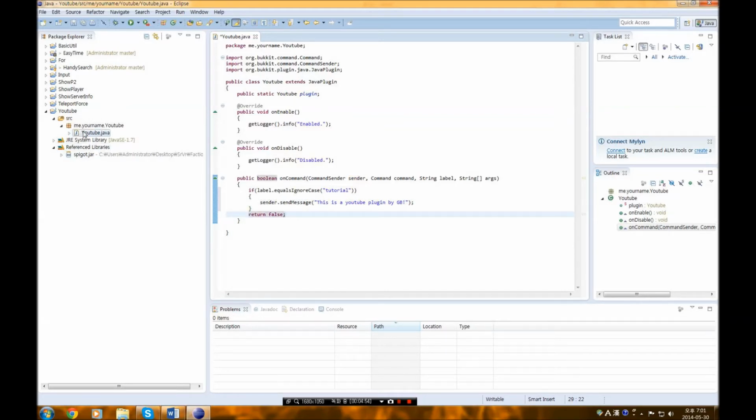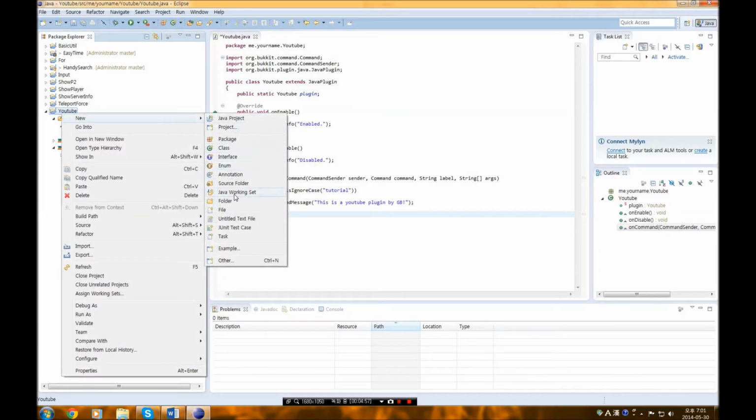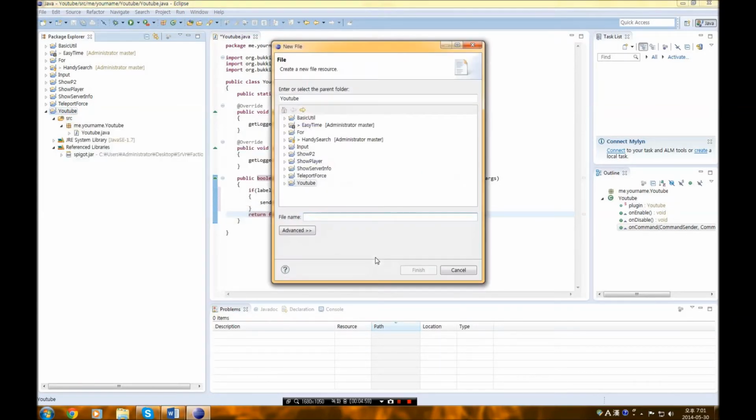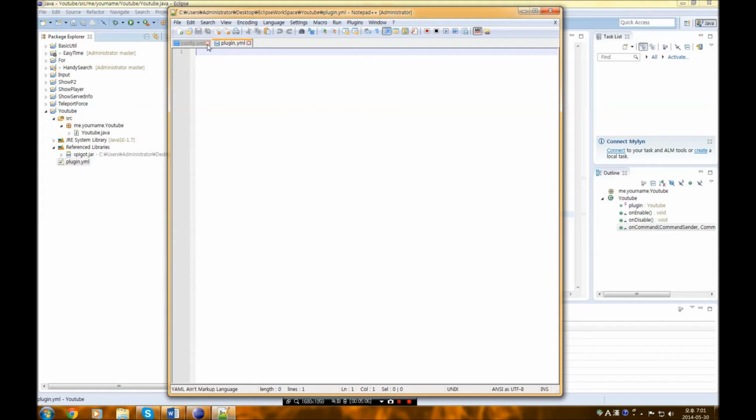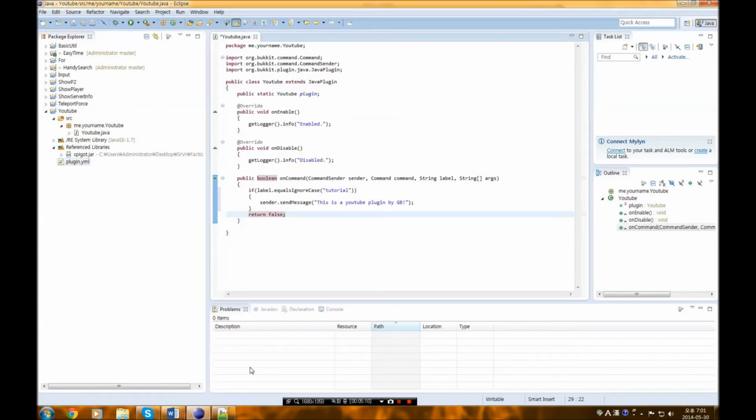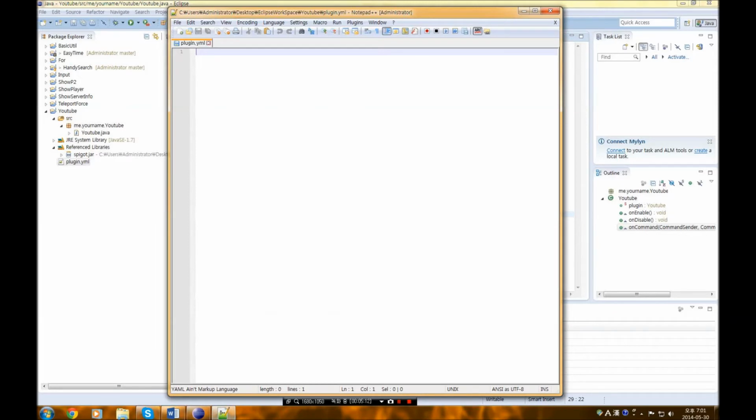That's about it. Now the important part, you're gonna click on this package, new, and you're gonna click on file, name it plugin. This is required for every plugin you make. And if you don't have Notepad++, this will not show. This will just show like right here. But since I have Notepad++, I'll go with this. And name it name, author, version, description, and then main,